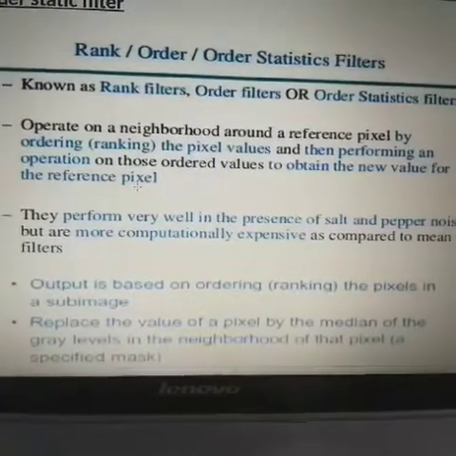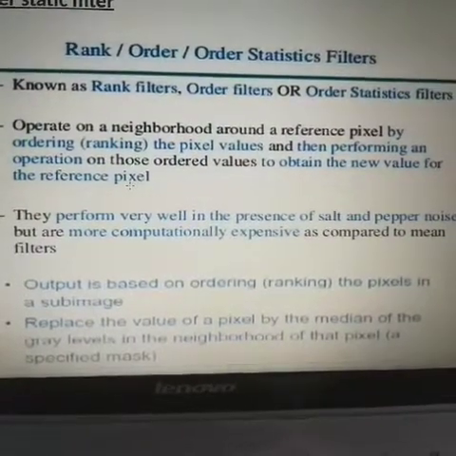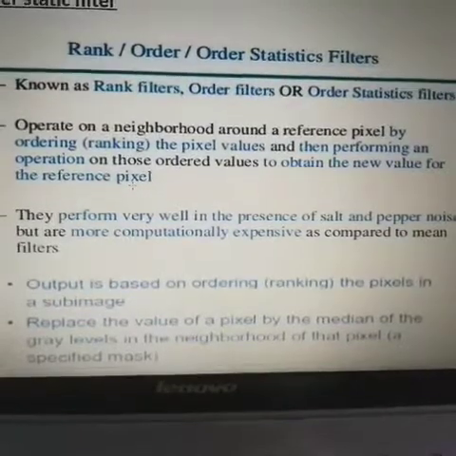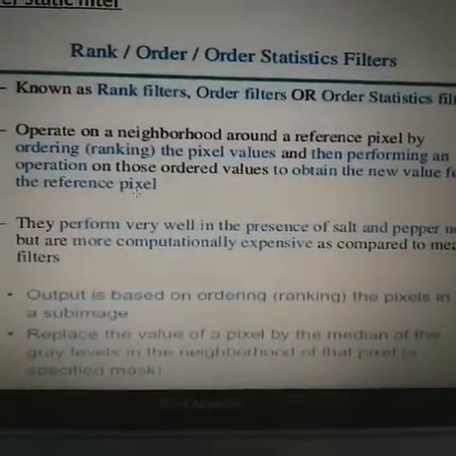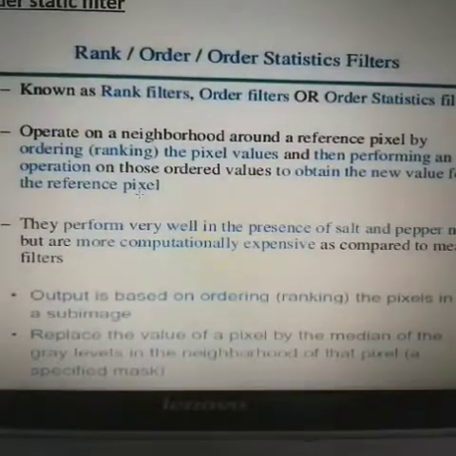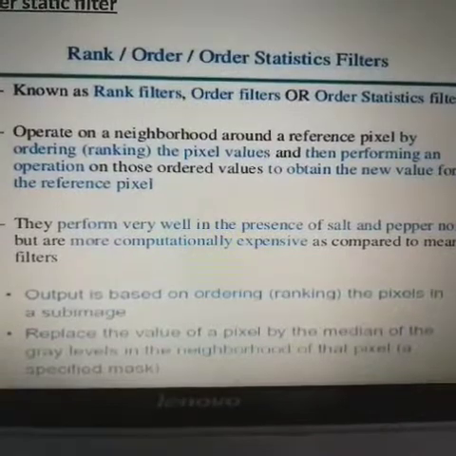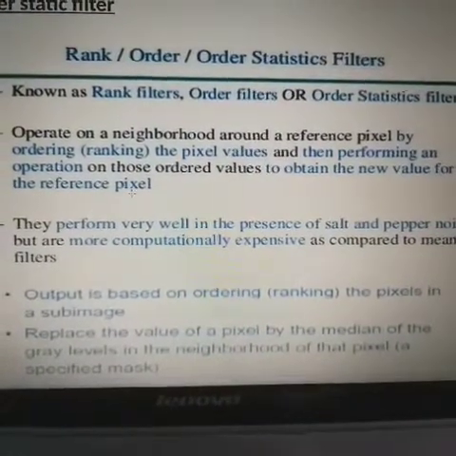These are also known as rank filters, order filters and order statistic filters. We operate these filters on a neighborhood around a reference pixel by ordering the pixel values and then performing an operation on those ordered values to obtain the new value for the reference pixel.